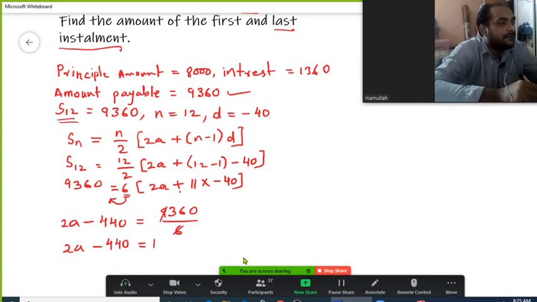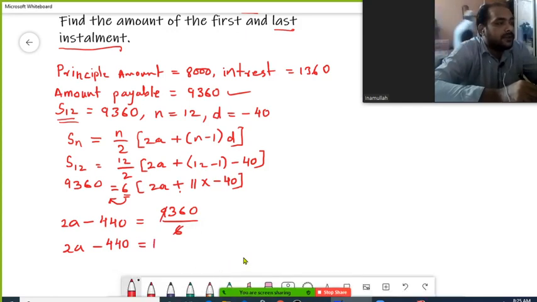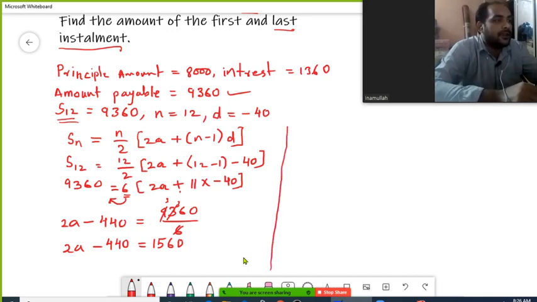When you divide this 9 by 6, here you will be left with 33. 6 5s are 30. Again we have 3. 6 6s are 36 and 1 0. So here we have 2a minus 440 is 1560. So what I can do, I can keep 2a on its place, 1560 on its place,